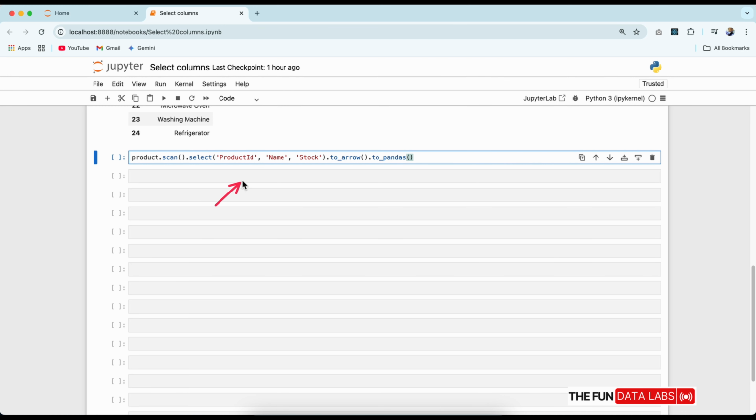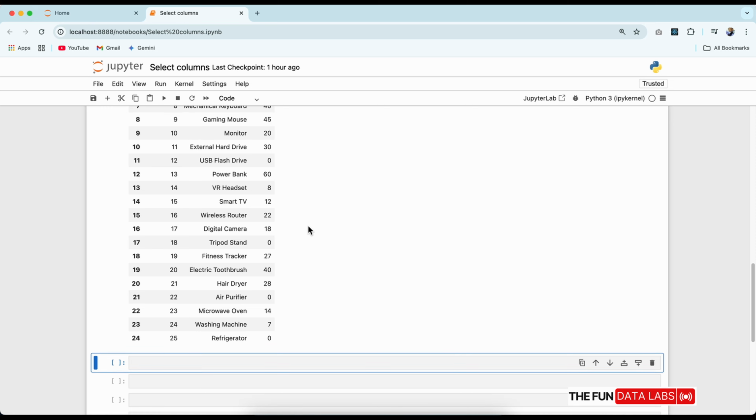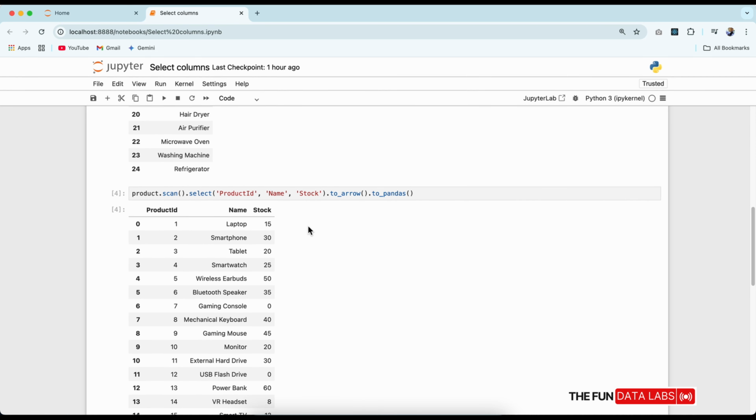When we run this, we'll get a DataFrame with just those 3 columns. Again, Iceberg is only reading the data for these specific columns, which can be much more efficient than reading the entire table, especially when your tables have many columns or large column values.